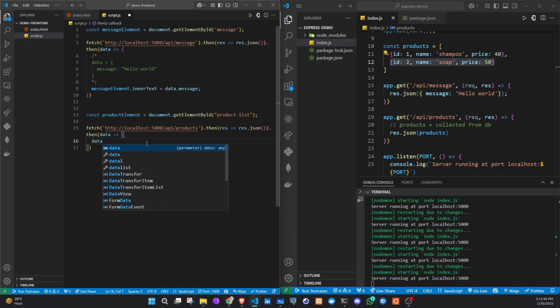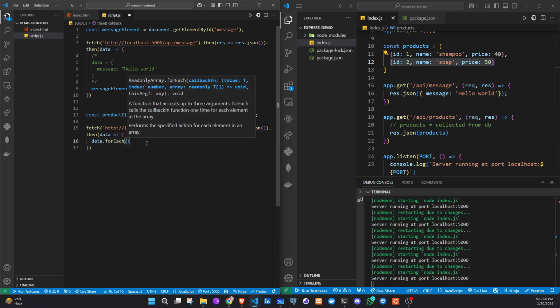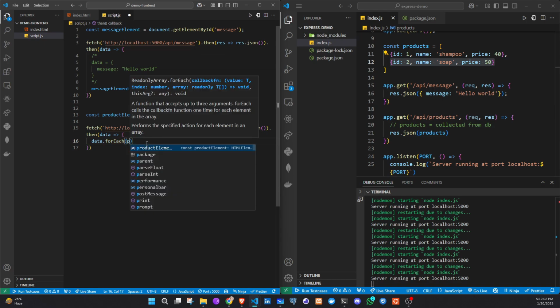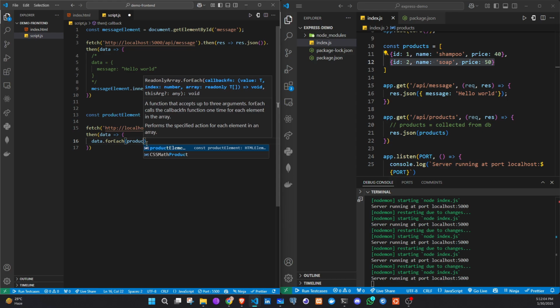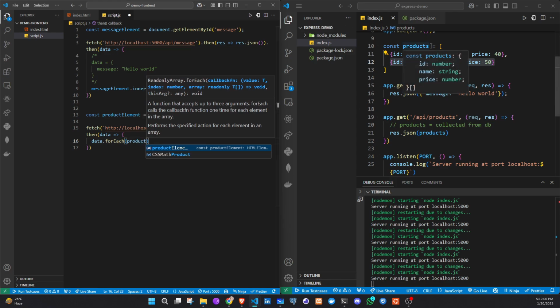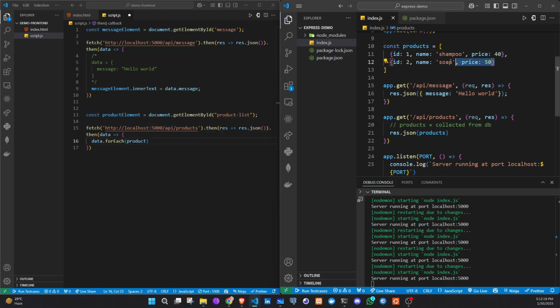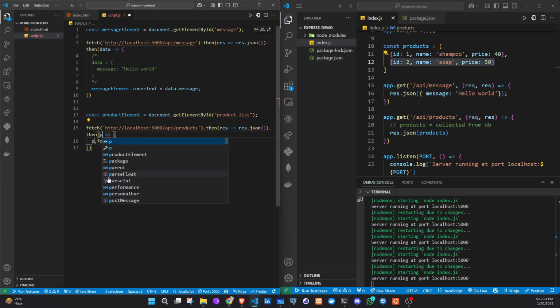So data dot forEach, we will get a simple product for each data. That means inside products we are running the loop, we will get a single product for each item. If I write without data, press Ctrl D, then you can write products. Now it makes more sense. So products dot forEach product we will get a single product. Then